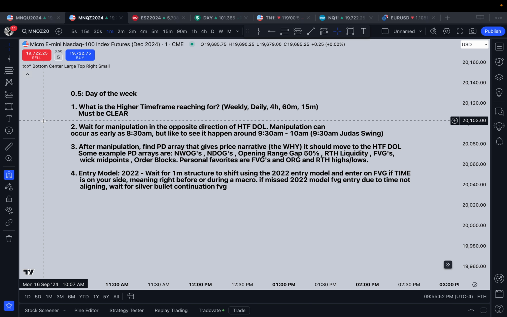Daily, you have daily highs and lows. Every single daily high and low has liquidity, so you want to be watching those. On the 4-hour chart, 4-hour swing highs and swing lows, and fair value gaps. Same with the hourly and the 15-minute. Just frame your higher time frame narrative. I think that's the most difficult part, being able to see where price is likely to draw towards. It's probably the most difficult out of all these steps, but that will come with time and experience.